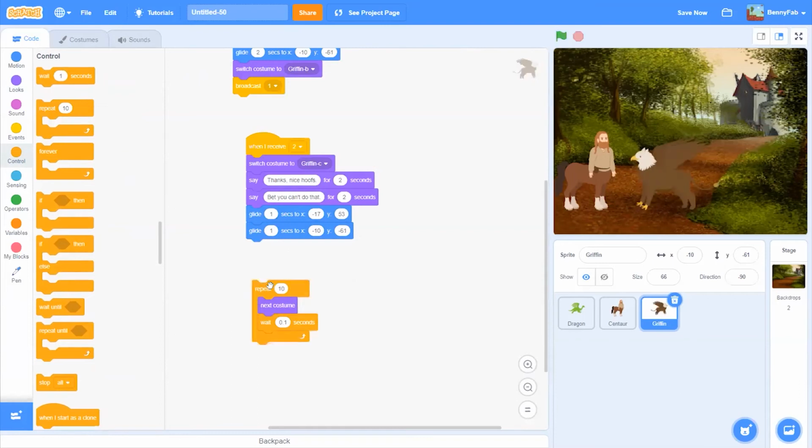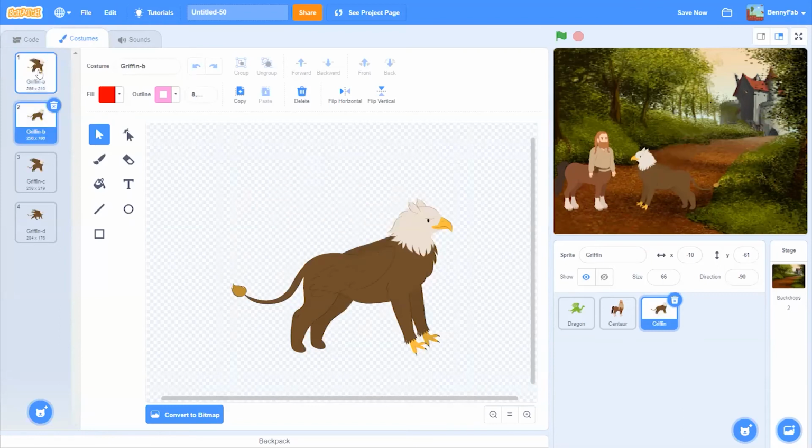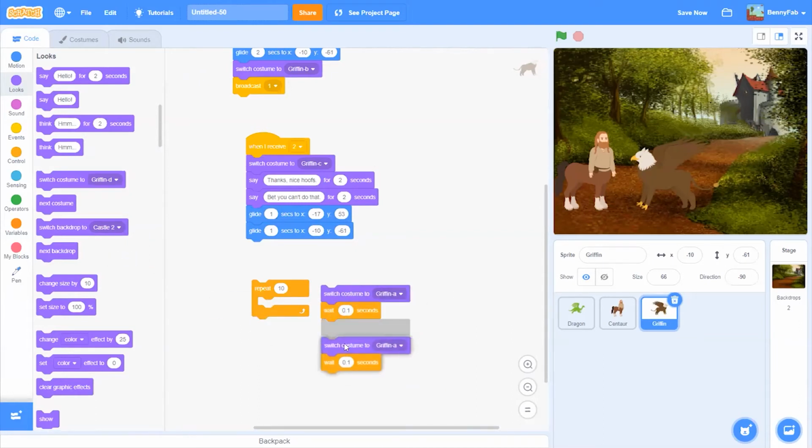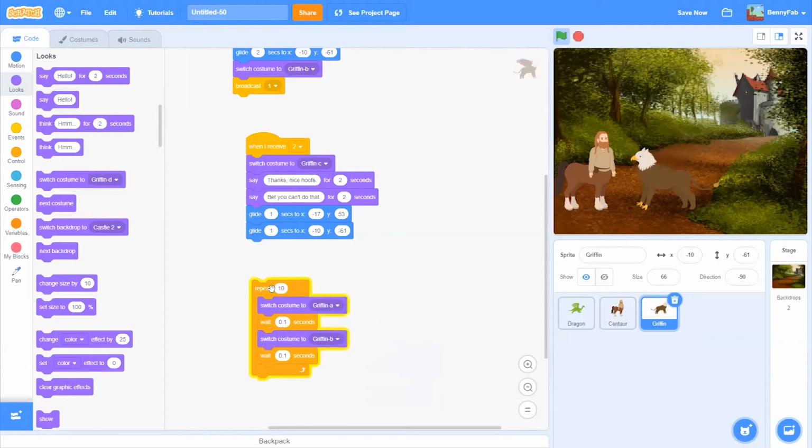Let's see the flap, not exactly that. I want to simply go between 1 and 2, so I can use Griffin A and then switch back to Griffin B, like that. That would look a little bit more like it,